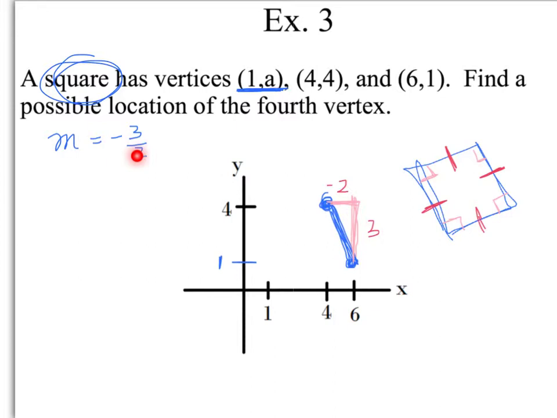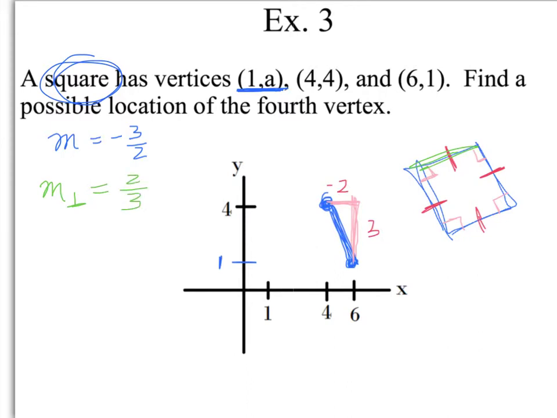Well, I know the two sides next to it should be perpendicular. I meant for that to be a laser pointer. The two sides here and here should be perpendicular to that. So if the slope of this side in blue is negative 3 over 2, I think the perpendicular slope would be positive